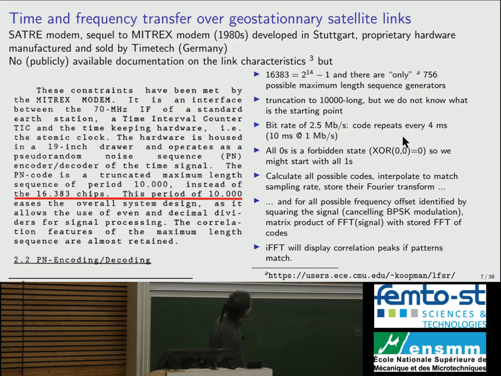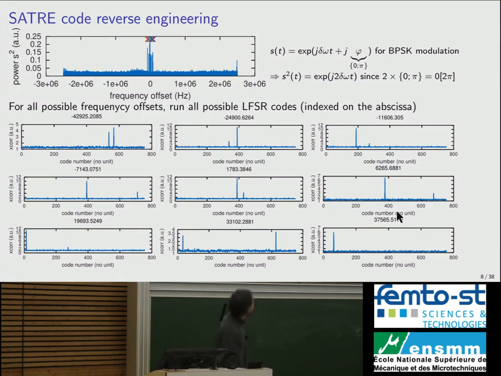So we take all the possible codes. We've seen earlier that taking a Fourier transform is done efficiently for correlating. So in MATLAB, you do this as a matrix operation that goes quite fast. And then we take the inverse Fourier transform to display the correlation peaks. And when you do this, so this is a record from our colleagues from Besançon Observatory that gave us access to the SATRE receiver. So you record using software-defined radio the 70 megahertz IF bandwidth, IF frequency, and because it's